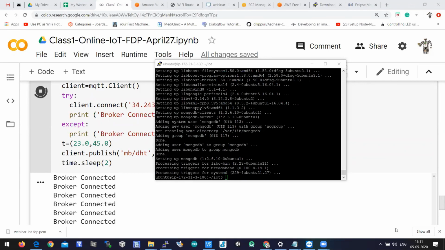When you're doing it for the first time in AWS, it will be a bit complicated, but when you keep practicing, it will be easier to understand. We have used a publisher, a subscriber, and a broker. The publisher keeps publishing the data, the subscriber keeps listening to the data, and between them we have used a broker. The broker is nothing but your AWS server, a simple concept we have used between the edge device and the AWS instance.